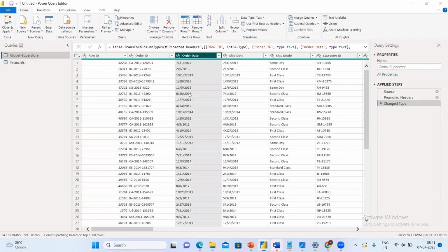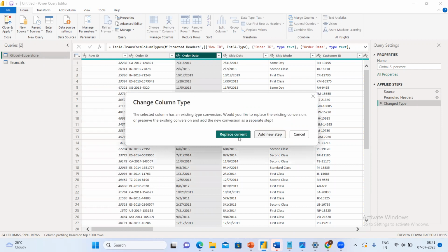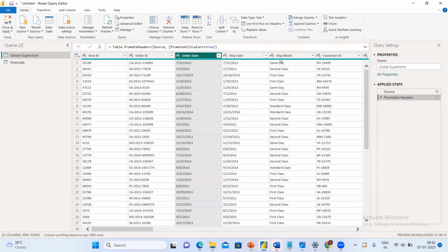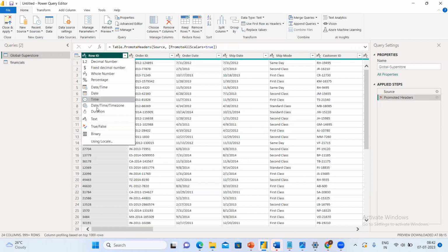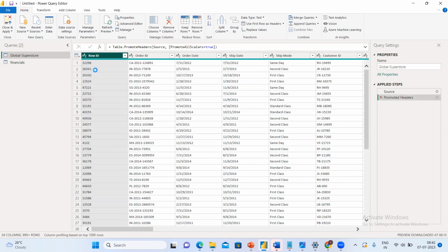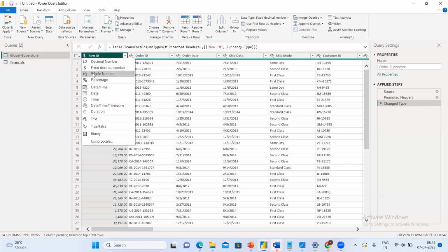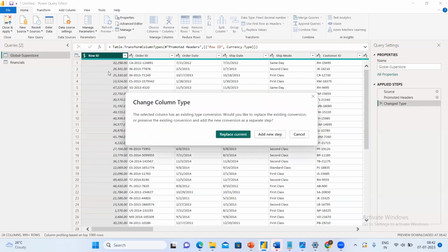You click on the date, and the data type will be replaced. It replaces the current data type, and it will automatically replace the data. No need to worry, we'll see why we get that error. Where we change from one format to another format, all the data will be changing. Suppose row ID, if you want to change it into whole number, you can change it, guys. I'm changing into whole number. Sorry, it went to dollar. It should be whole number because it is a number.